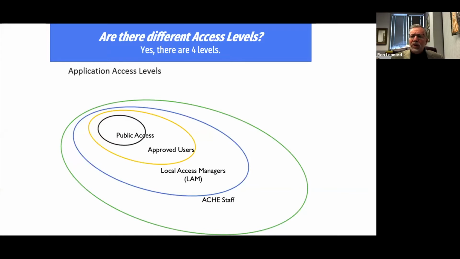And we wanted to do it that way to give the district the flexibility of creating new accounts as needed. If you're not sure whether you're just a high school user or a local access manager, momentarily I'll show you how you can differentiate between those. And then at the AIC level, we have access to everything. Next slide, please.